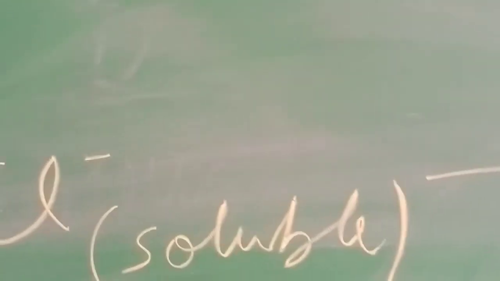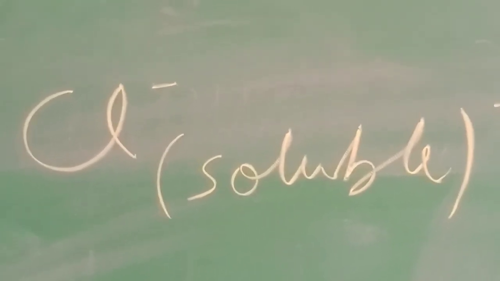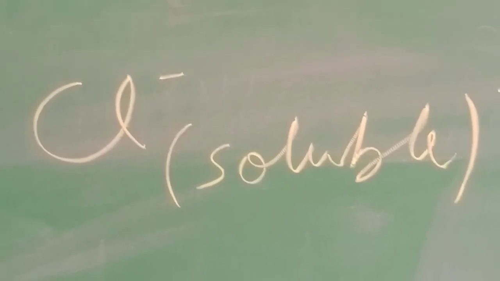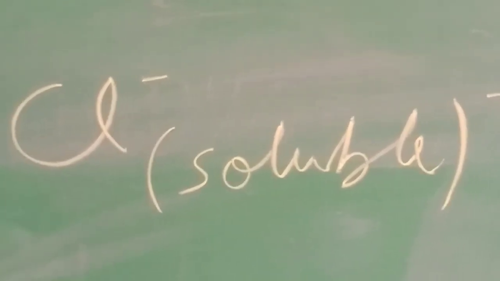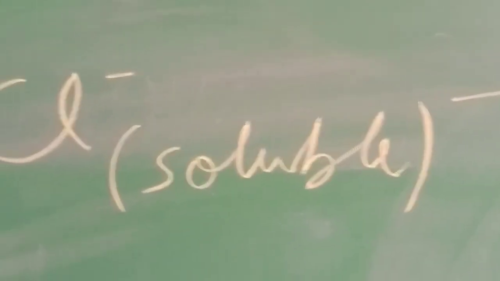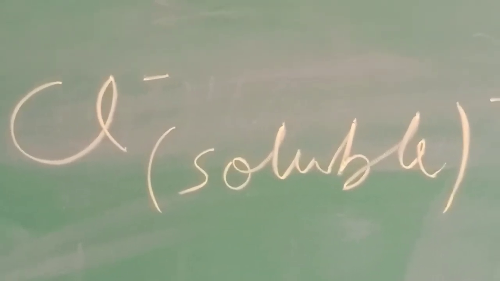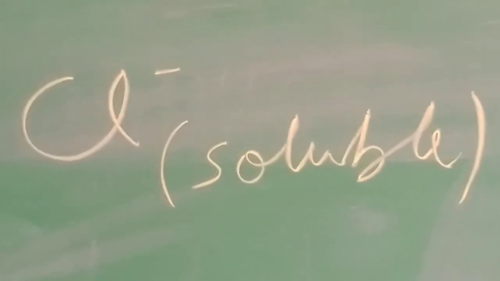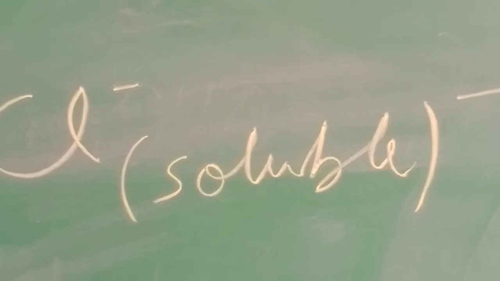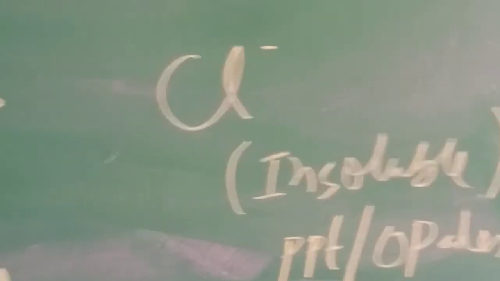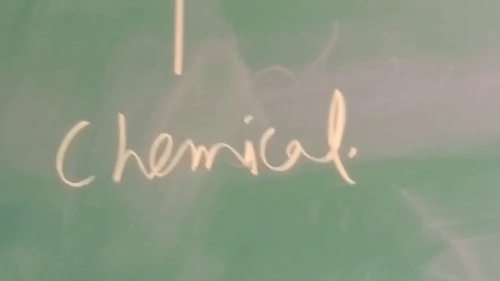So, in this limit test of chloride, generally the chloride is present in a soluble form, and in soluble form, it is difficult to analyze the quantity of chloride, and hence this chloride which is present in the soluble form is transformed into an insoluble form with the help of some chemicals,